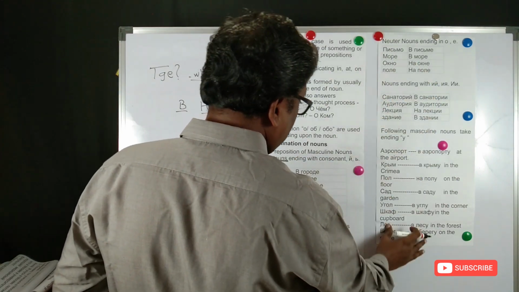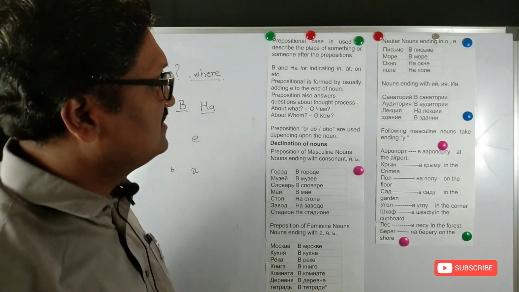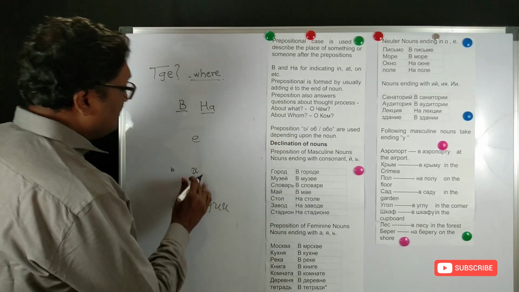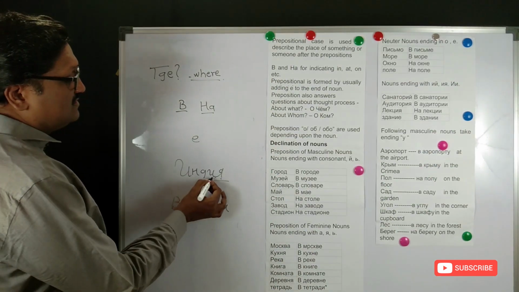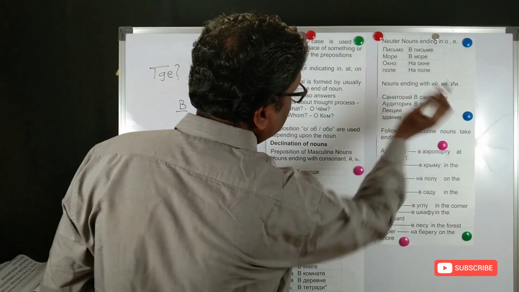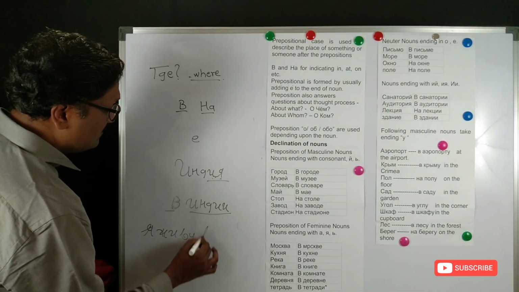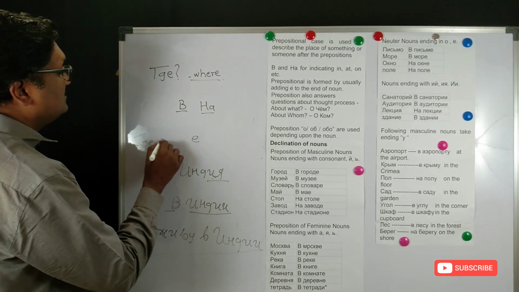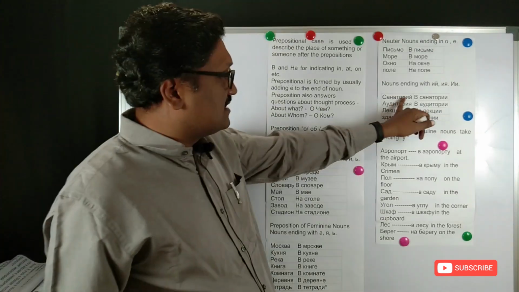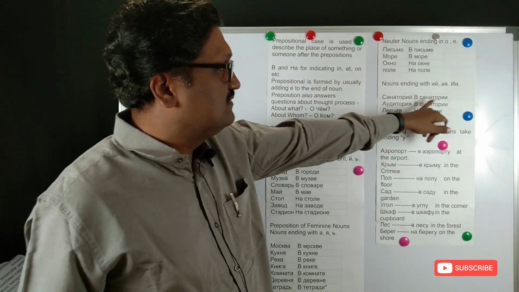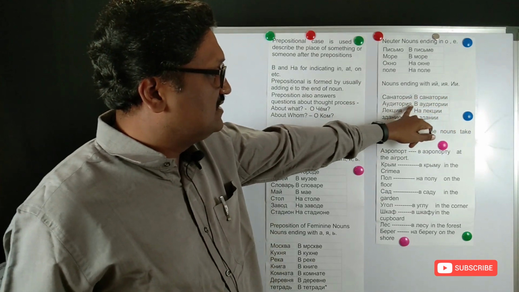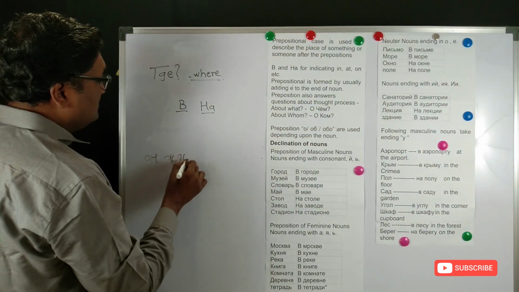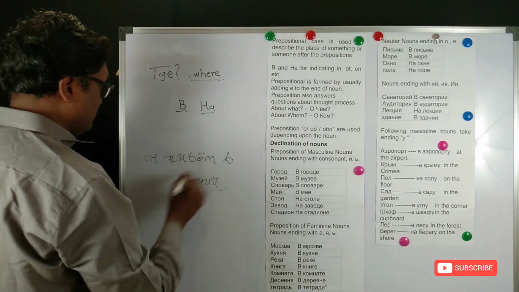Now here there are exceptional cases in the prepositional case. Nouns which are ending with iy, ia, iye, v Indii. The country's name is India. Since it is ending with iya, it will change to ii. V Indii. Ya zhivu v Indii. I live in India. Gde on zhivyot or gde ona zhivyot? Ona zhivyot v Indii. Sanatoriy, v sanatorii. E kratkaya will also change to i. Auditoriya, the ya will also change to i. Zdaniye will also change to zdanii. On zhivyot v zdanii.